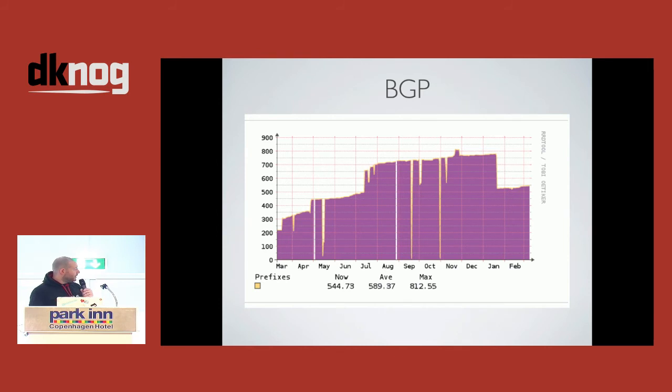So we graph prefixes, so you can see the change in prefixes over your peers. We also graph updates as well, so you can see how frequently updates are being announced across to different BGP sessions. And because we store all that information in the database, you can alert on it as well. So again, if you've got prefix limits that you want to keep an eye on, then you can set values within the alerting system to let you know when prefixes are going above certain values or below.